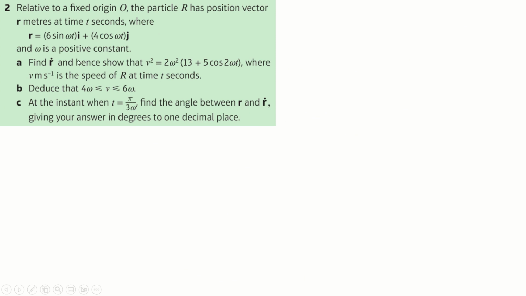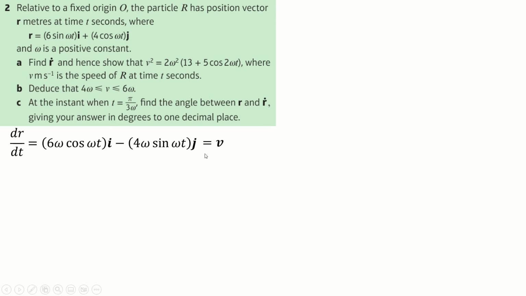Next one is going to be just finding our dot. Our dot is dr by dt, so we're just differentiating this. The omega comes out, sine turns into a cos, this turns into minus sine, should just be this. And hence show v squared equals this. So, okay, well, dr by dt is v, right? It's the velocity. And this v refers to the speed. So we just need to work out